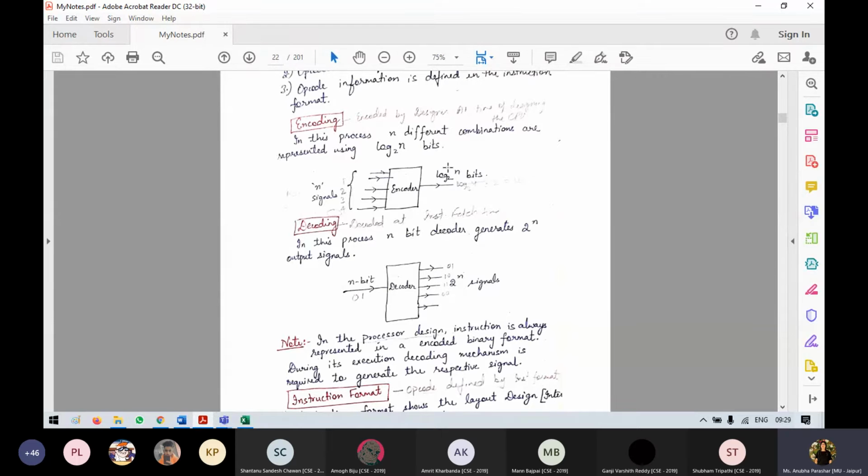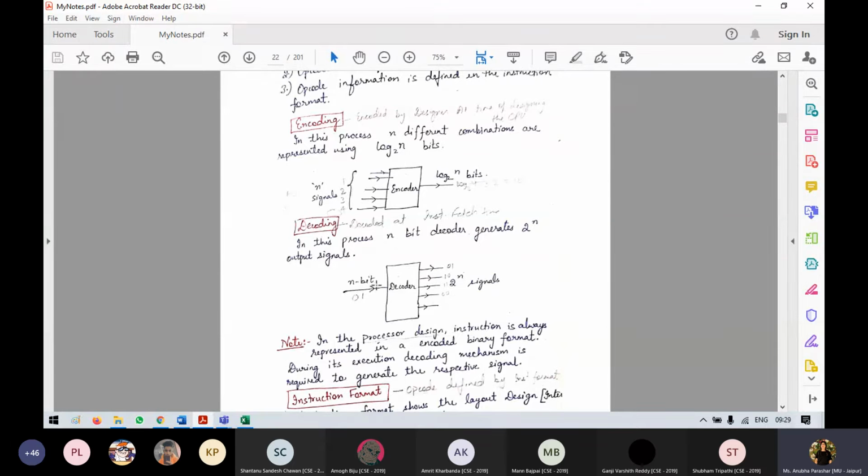If it requires actual data, then the address of memory will also be generated, so that from the memory we can fetch it. So what is the encoder doing? Finally it is converting into bits so that the particular thing can be done.